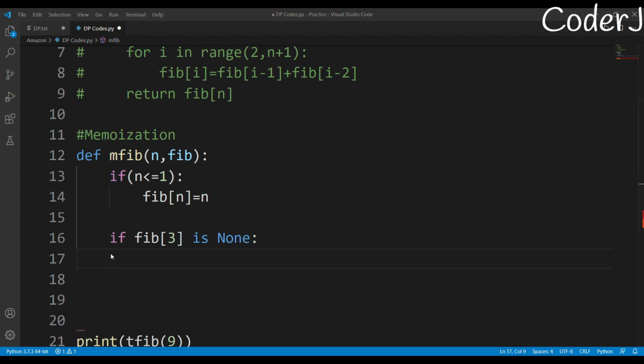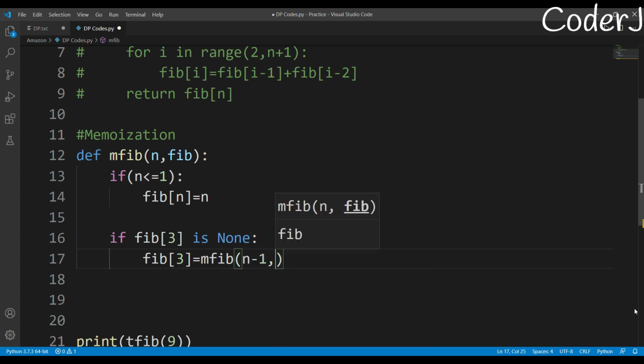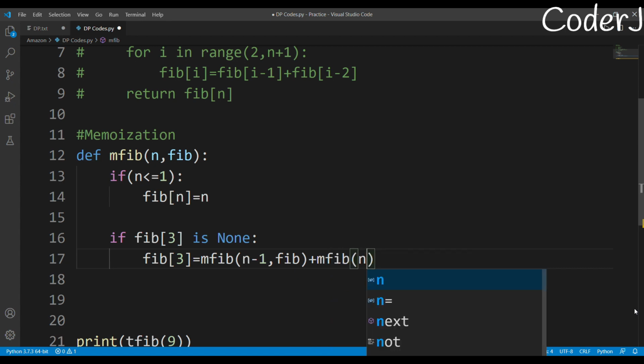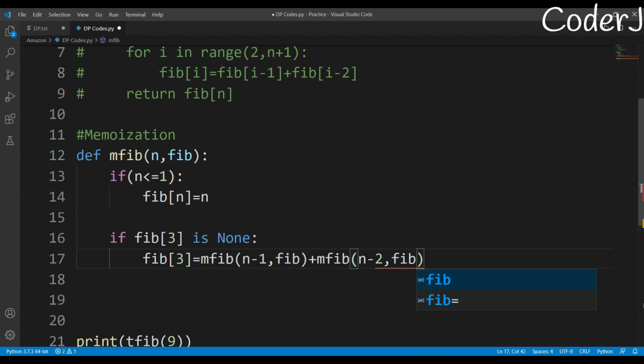Very simple. Fib of 3 will now become equal to what? It's basically the same recursive calls: mfib(n minus 1) and pass fib again, plus mfib(n minus 2) and pass fib again. This was the condition, right?